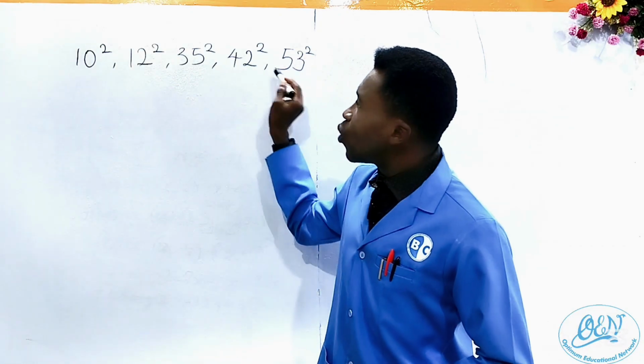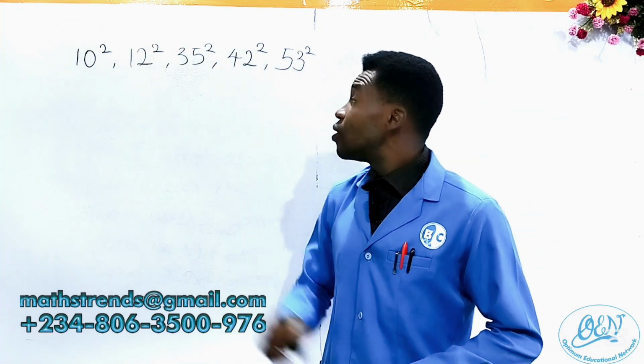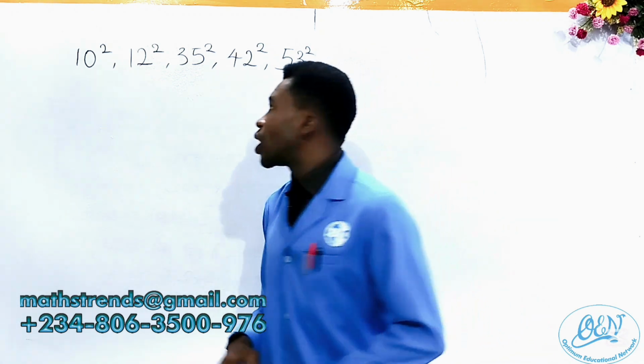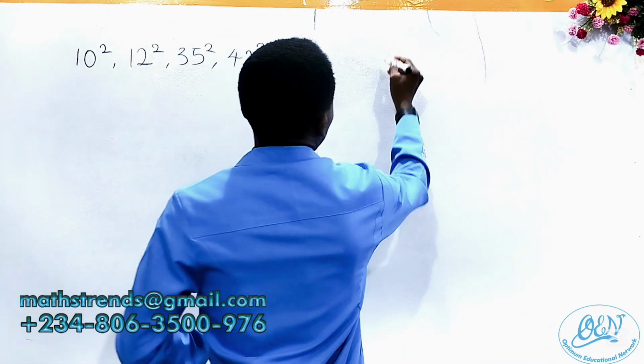So if you want to find the square of any of these numbers, let's say 35 for instance, you can try to multiply 35 by itself the traditional way. So you can do something like this. You have 35